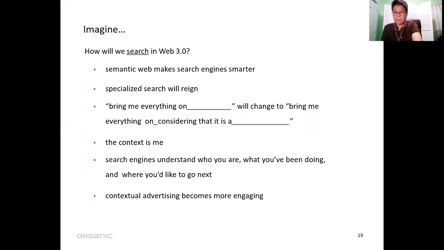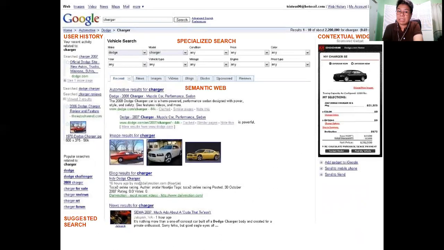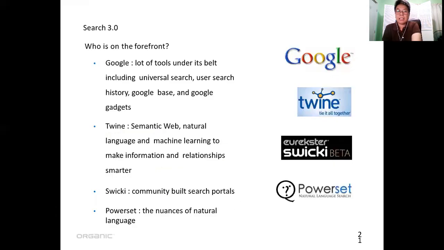Okay, so parang yung search engine ng Google becomes more user-friendly. There's a specialized search. There's now a semantic web that caters to whatever you're searching for. So what happens to search in Web 3.0?